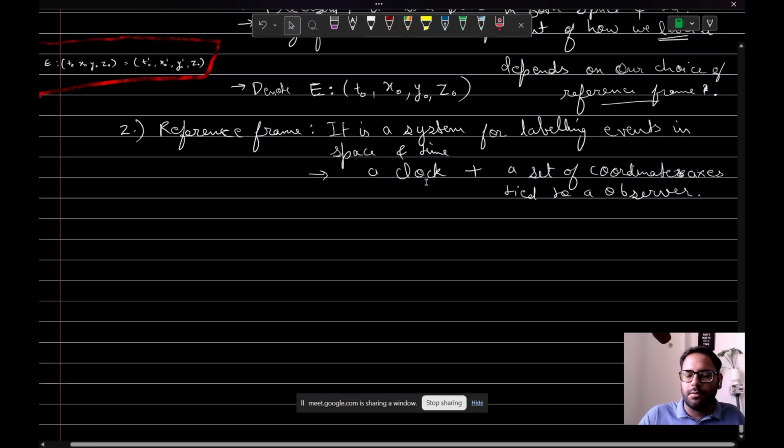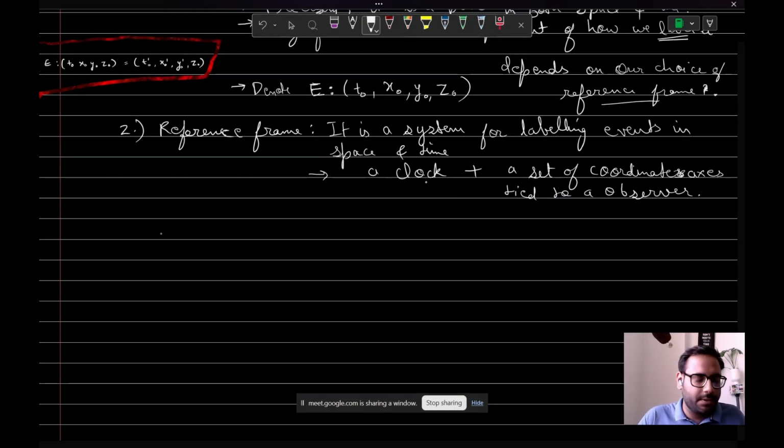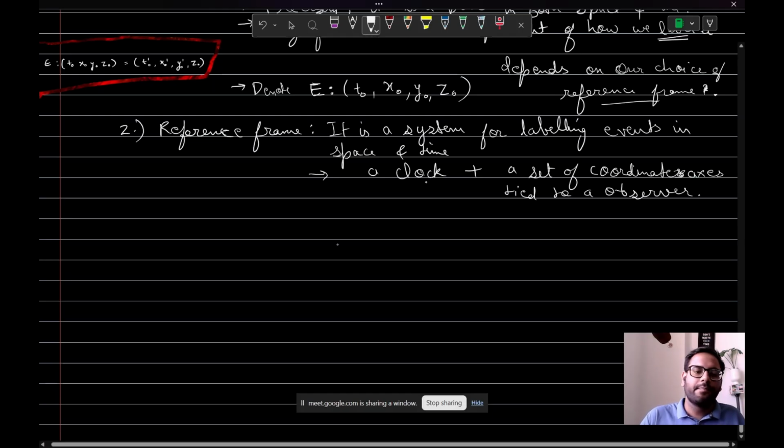So now you understood what is a reference frame, right? It is a system for labeling events in space and time both, and it requires a clock and a set of coordinates in axis tied to any observer. Okay, so you may define any event